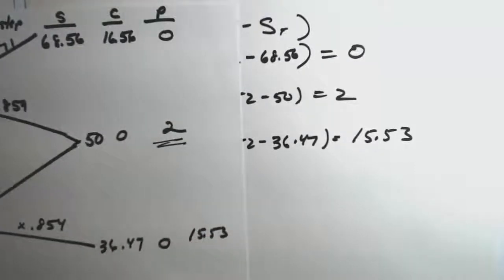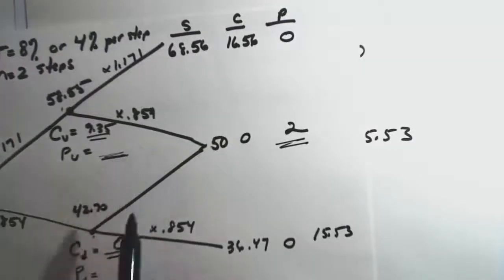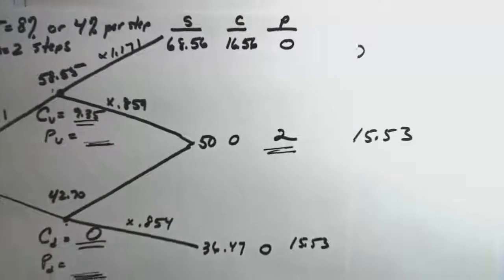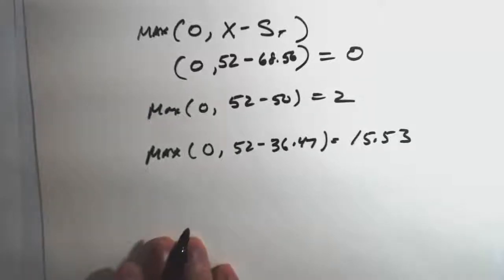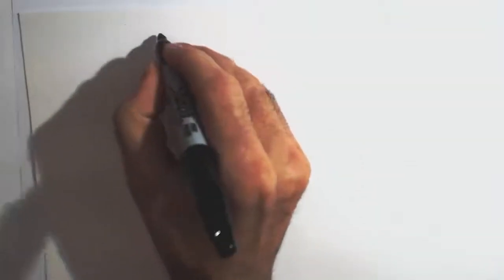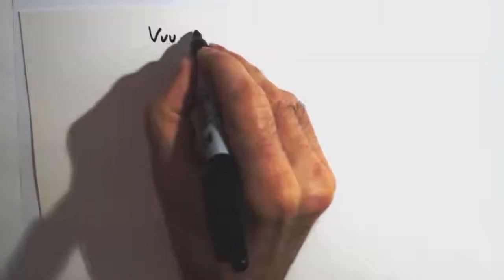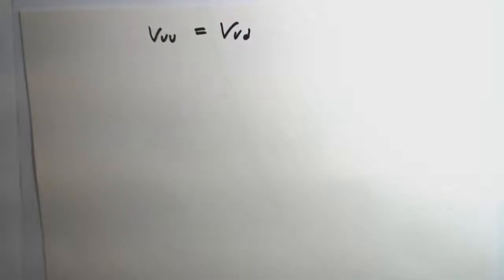So what we want to do is, again, let's work backwards through the tree, figure out what the call is on the upside, figure out what the call is worth on the downside, and then we'll go back to time 0. Okay, so what we want is the value on the upside going up twice, equal to the value of going up and then down. So the point is,